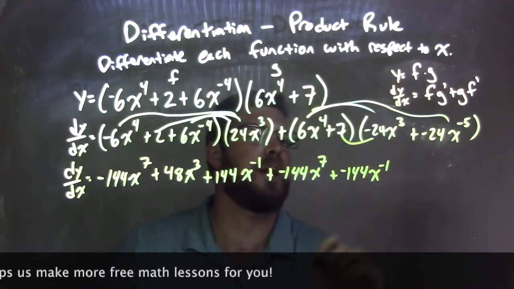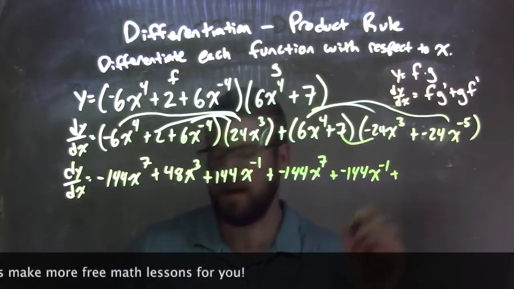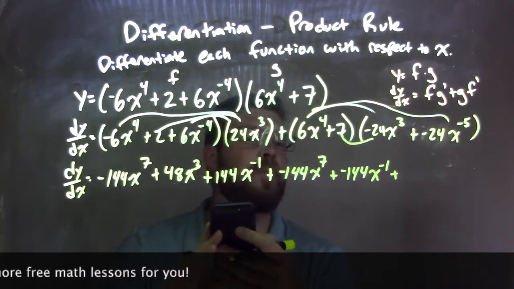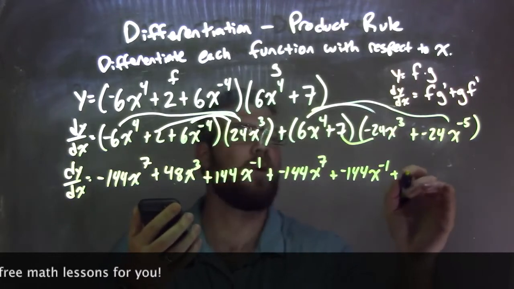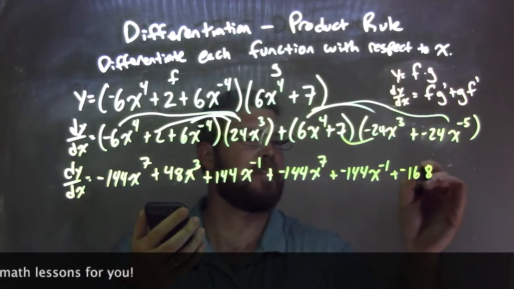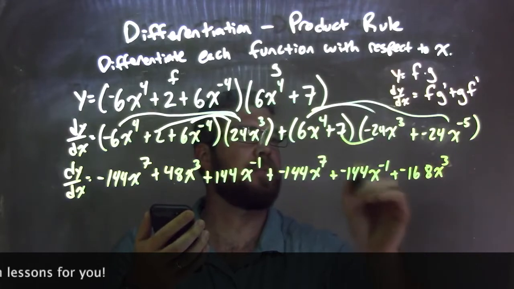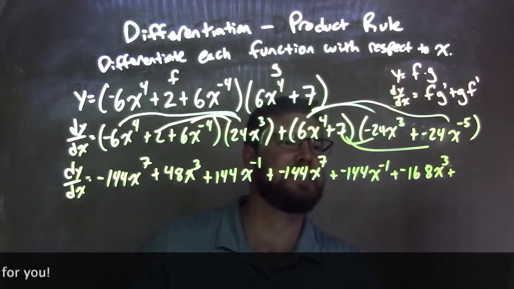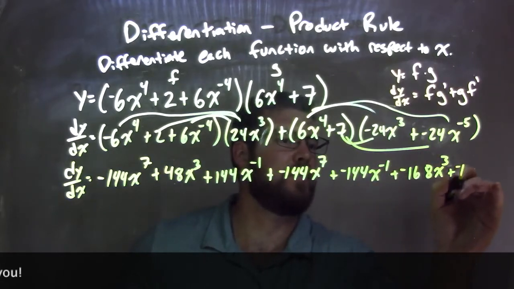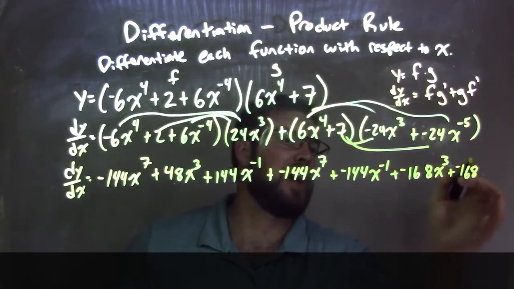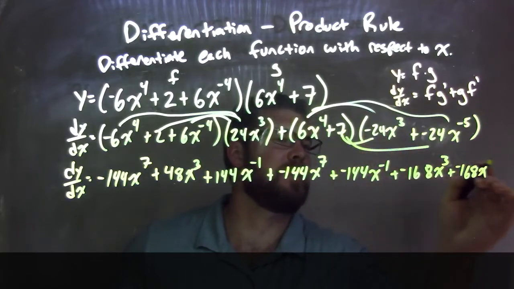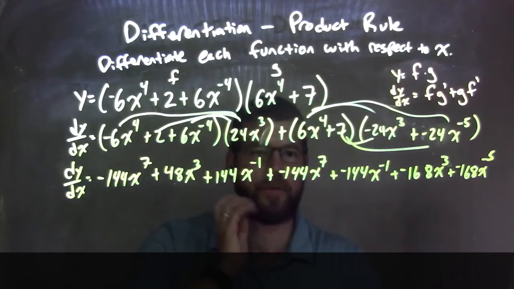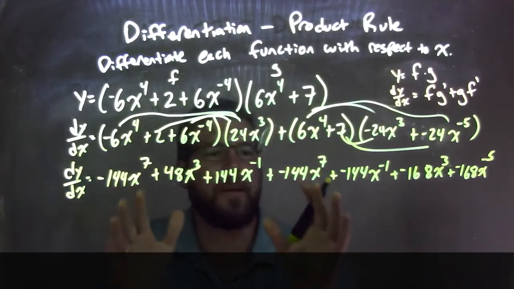Now we distribute 7 times a negative 24. Okay, now I don't know what 7 times 24 is. It's 24 more than 144, and it's 168, or negative 168, right, because it's negative. x to the third power, plus the last one, 7 times 24, which we just did, is 168, and there's a negative as well there, so negative 168. But we had no exponent on the 7, so it's just x to the negative 5th power. So now I'm going to add them together and rearrange,